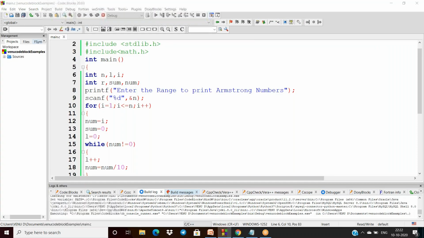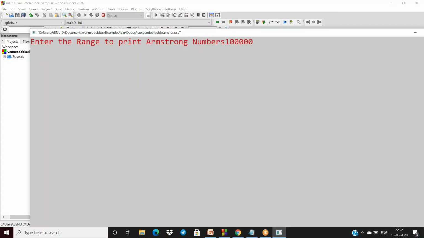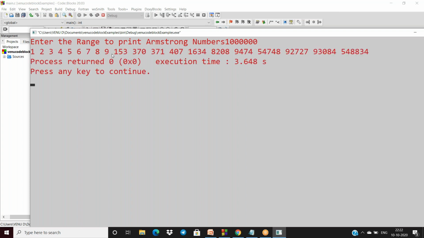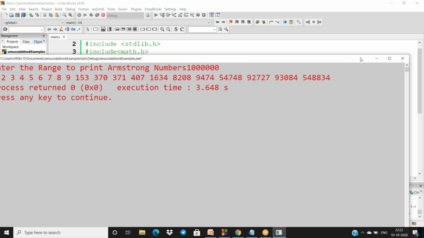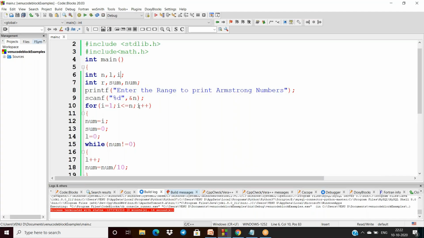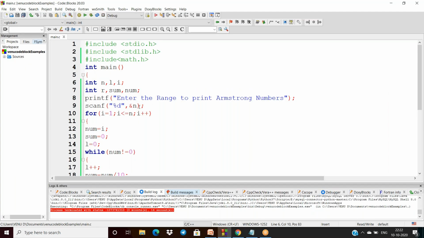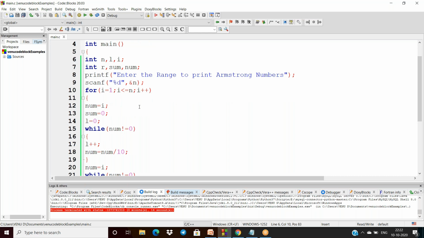Like this, if you give a larger input, 5-digit numbers will also come here. And this is the example of printing 1 to n Armstrong numbers.